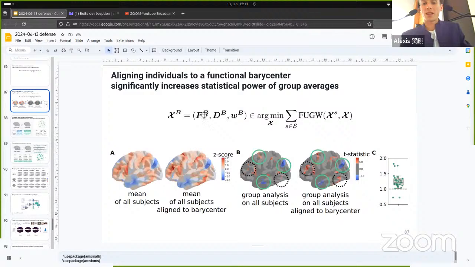So if we could find a distribution of functional signal on a barycentric brain, we would like to make sure that this object, so this map of the brain, has their functional signatures in each voxel. And this is what the same map would look like